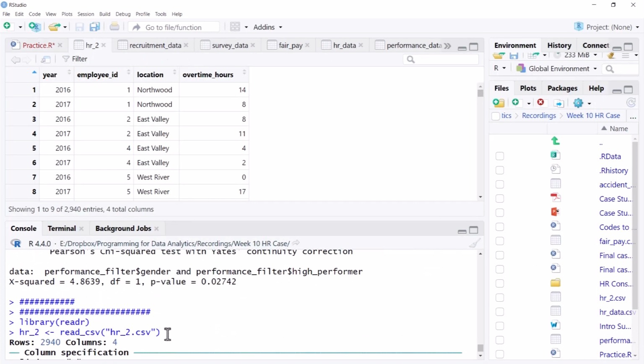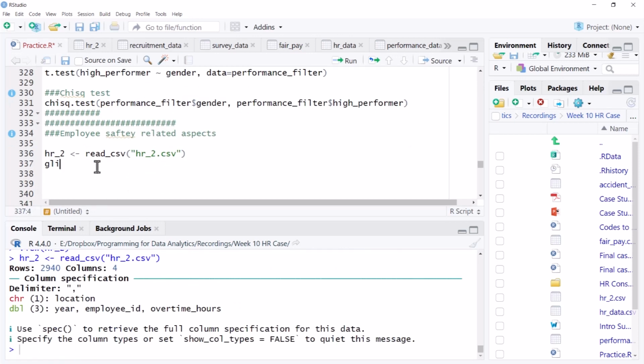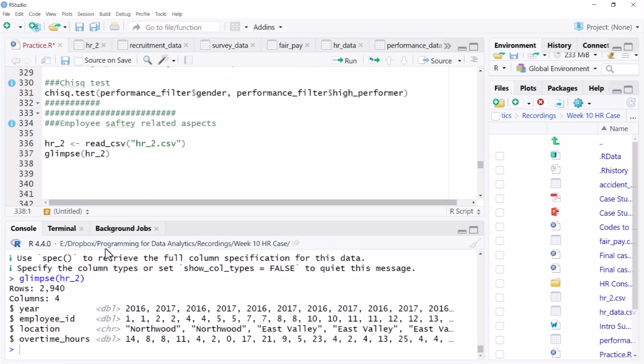Let's copy this. So this is the first data. Let's see what is inside this. Let's use the glimpse command on HR_2. Again, there are 2,940 observations. There's a year column where we can see there are 2 years, employee ID, their location, and their overtime hours. From this, we'll get the overtime hours, and we'll also see if the overtime hours have some relationship with